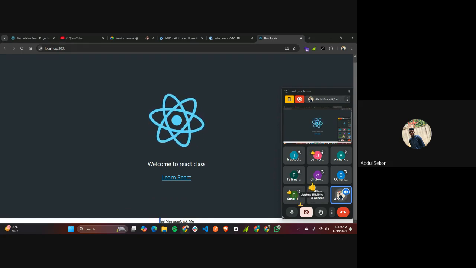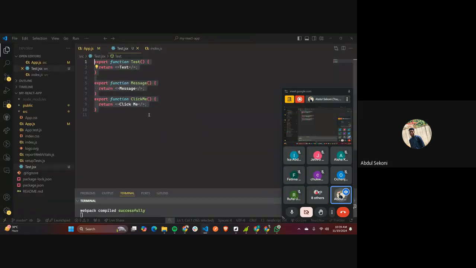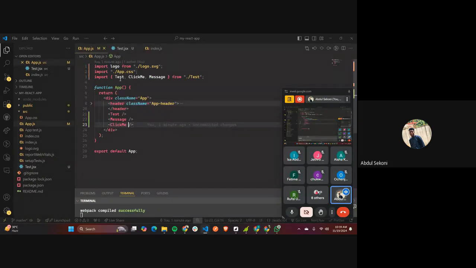So as you can see, there is a test, there is a message, and there is a click me. All these are individual functions living on their own. Test does not know about message. Message does not know about click me. Neither does anyone know about each other, but they are all coming from the same file, test.jsx, and I am rendering them inside my